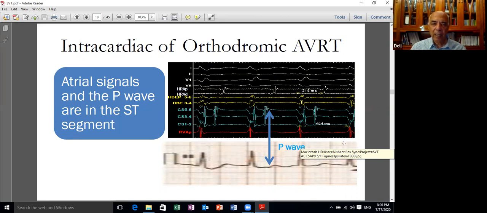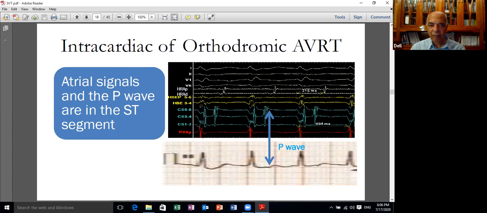And this is the intracardiac tracing. As you see again here, the standard leads, which are usually compressed. You have a high right atrial electrode, you have a His bundle electrode, then you have a coronary sinus Deca electrode. The coronary sinus 1 to 2 is in the distal coronary sinus across the mitral ring, and then proximal coronary sinus usually 5, 6, 7, 8, 9, and 10. And then we have in the red here ventricular activation, and again go from what you know to what you do not know. So this is the QRS complex.